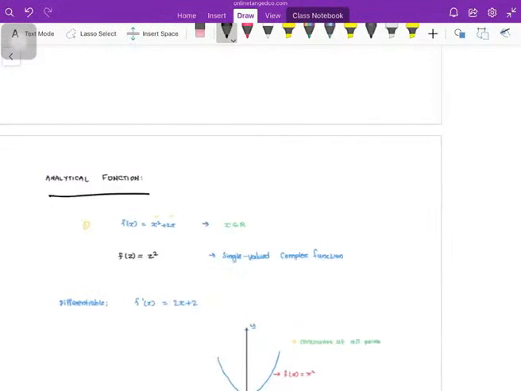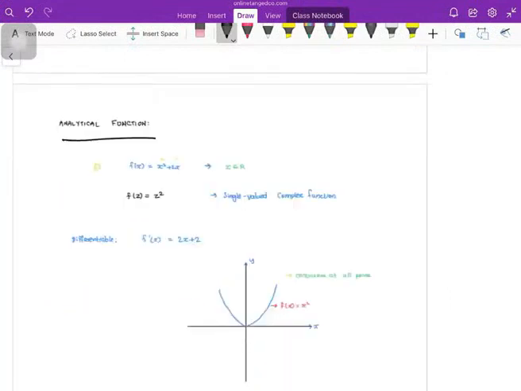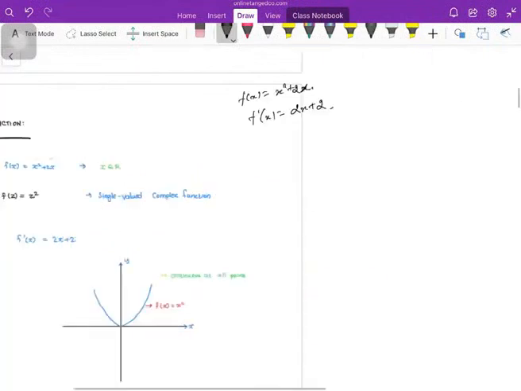Let's see what an analytic function is. What is the definition of an analytic function? If you attended my chapter 2 on calculus, I told you what the derivative of a function means. Suppose I have a function f(x) = x² + 2x. What is the derivative? You can easily say f'(x) = 2x + 2. That is the derivative, because this is a scalar function, and for a scalar function you know how to take a derivative.